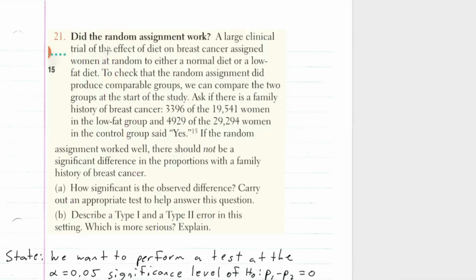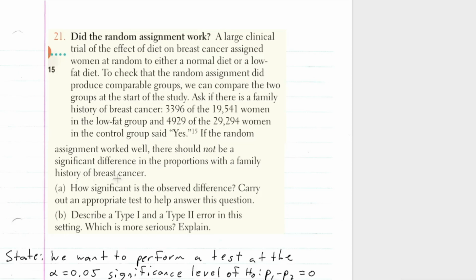A large clinical trial of the effect of diet on breast cancer assigned women at random to either a normal diet or a low-fat diet. To check that the random assignment did produce comparable groups, we can compare the two groups at the start of the study. Ask if there is a family history of breast cancer. 3396 of the 19541 women in the low-fat group and 4929 of the 29294 women in the control group said yes. If the random assignment worked well, there should not be a significant difference in the proportion with family history